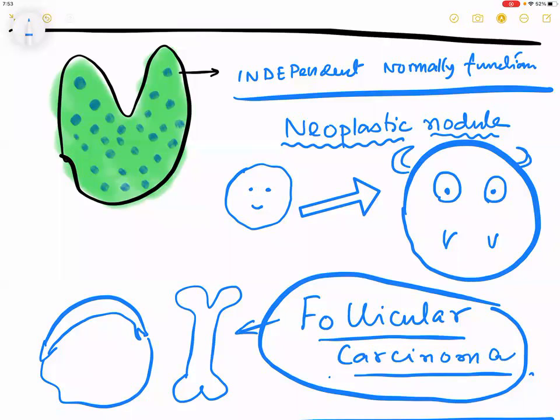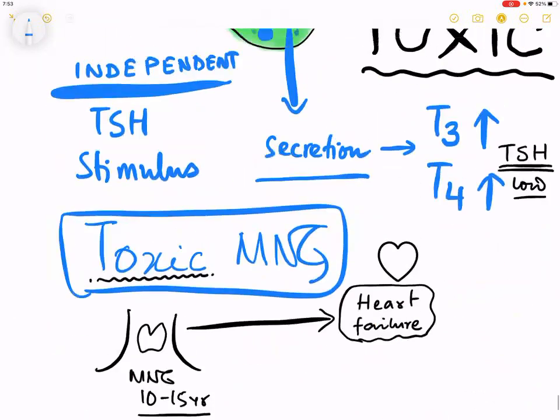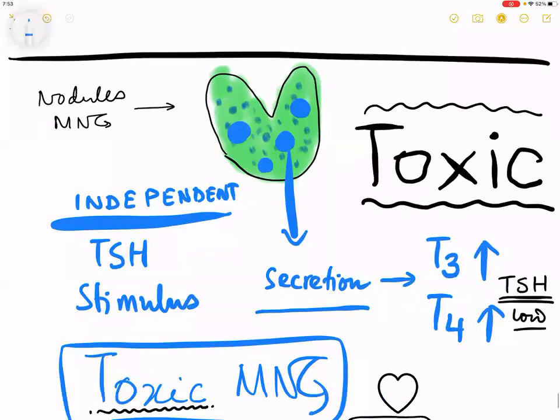Sir, in toxic multinodular goiter also, some part was independent of TSH regulation. No, absolutely. Yes, some part was independent, toxic, right? And the same is true in the case of follicular carcinoma or something. Exactly. Very good question. That means both of them look the same. Extremely good question. What is important is they are two different things.